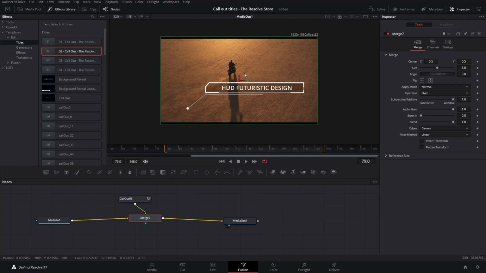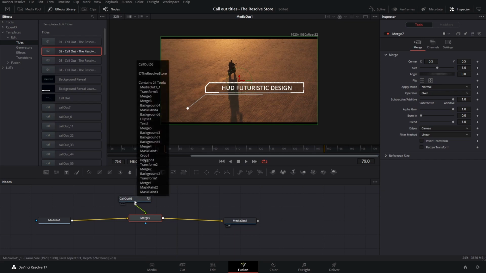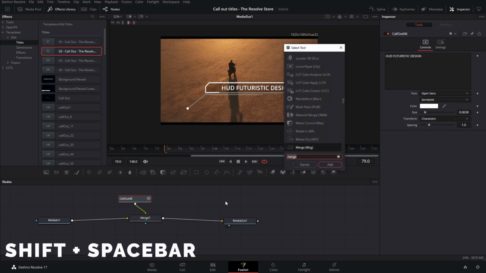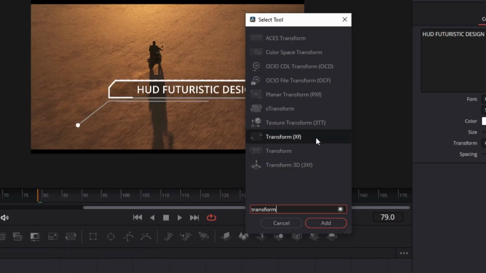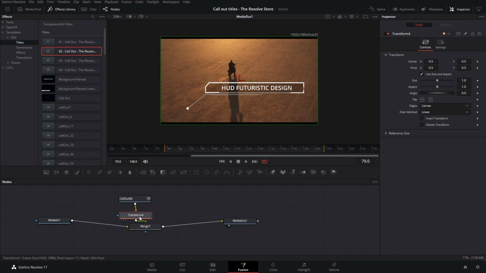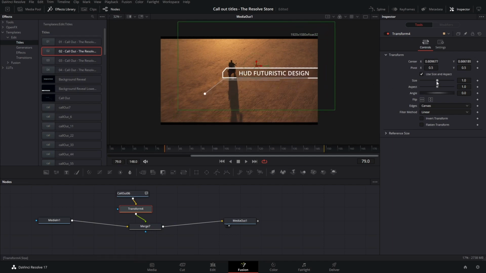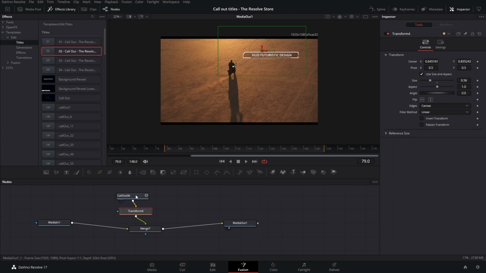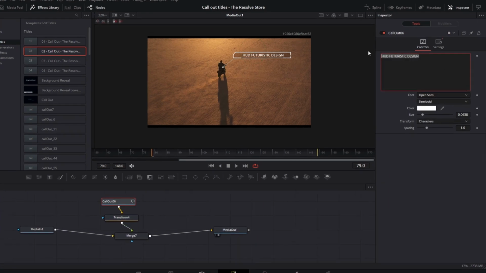Now in order to be able to move your text right here, you want to click on your text, press Shift and Spacebar once again, type in Transform, and then you want to select this one right here, click on Add, and this node is added to your nodes tree. Click on it, and now you will be able to adjust the position of your text. You can also make it a little smaller so that it looks a little bit more minimalistic, and drag it onto your object. So now you can just click on your title node and change the title to whatever you want,